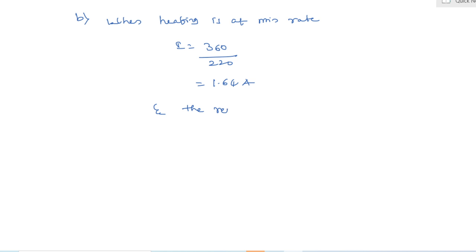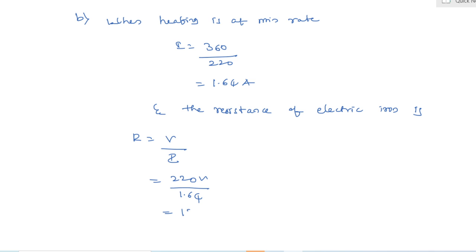And the resistance of the electric iron is R is equal to V by I. It means 220 volt divided by 1.64. The answer is 134.15 ohm. Yes, my dear students, after discussing and solving the problem,